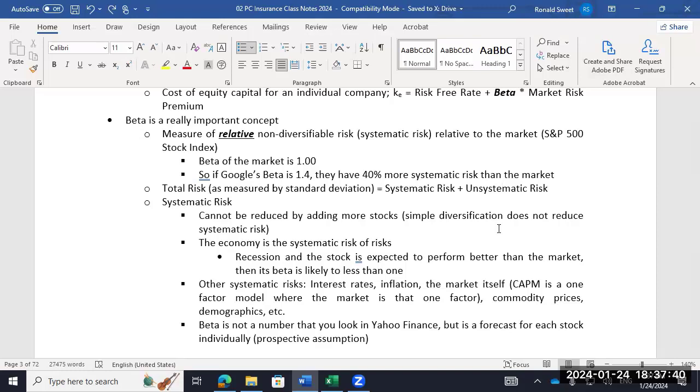So for most companies, the majority is unsystematic, which is pretty amazing. For most companies, 70–80% of the risk is unsystematic, which means for a typical stock, when you buy it and put it into a portfolio that's well diversified, 70–80% of the risk of that stock just completely disappears. That's real important to this question.